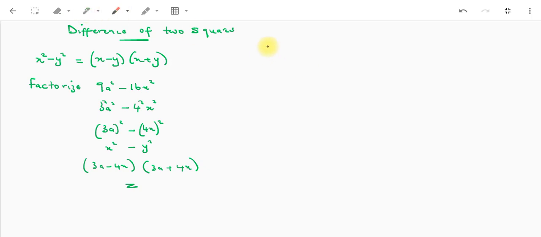Let's change color. Let's say we're asked to factorize 9x squared minus 81. Same thing, right? This is going to be 3 squared x squared minus, if you look at this, you can choose to use, let's say, 9 squared if you want. 9 squared can give you 81. So here you can say 3x all squared minus 9 squared. Is that okay? Now from here you do the same thing. That will be 3x minus 9